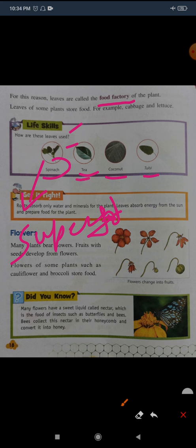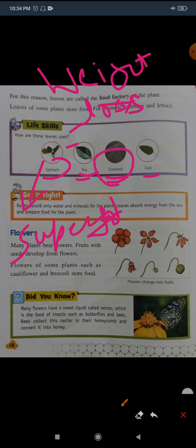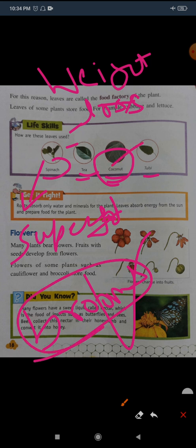Now the next is tea leaves. Tea may help with cancer, heart disease and diabetes. It encourages weight loss also. Green tea encourages weight loss. The third is coconut leaves. Yes, many South Indian tribes still use coconut leaves to build their houses, and the sticks and branches of the tree can be used to create brooms. Brooms, you can see, this is made by these coconut leaves.